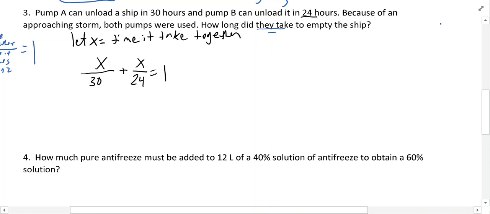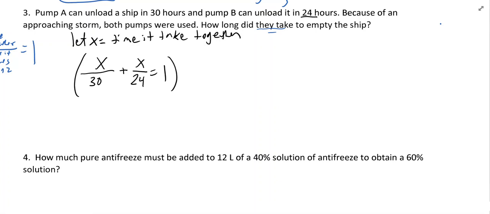All right. So the way we do this is we want to go ahead and get rid of these fractions. And remember, in order to get rid of the fraction, we multiply by the common denominator. So we're going to multiply the numerators by the common denominator and simplify, and then we'll get rid of the fractions and we can go ahead and solve for x. So the easiest way to find the common denominator is you can multiply these two together, 30 times 24, and that would give us